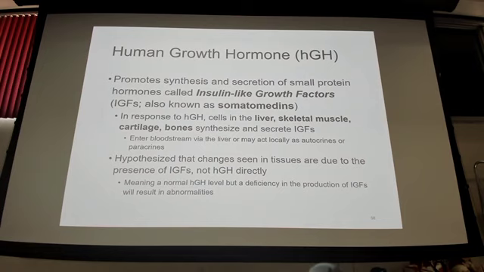So, anybody heard of IGFs before? Insulin-like growth factors? Some of you may or may not. HGH generally incites the production then of an insulin-like growth factor. And there are multiple of them that do multiple different actions. We're going to talk about them as a group, all right? So, HGH acts on skeletal muscle, the liver, bone, right? Sort of the musculoskeletal system, cartilage even, to make and secrete these IGFs, right? And so, what do you think they're doing? They're growing skeletal muscle, cartilage, bone, all right? Human growth hormone, okay?